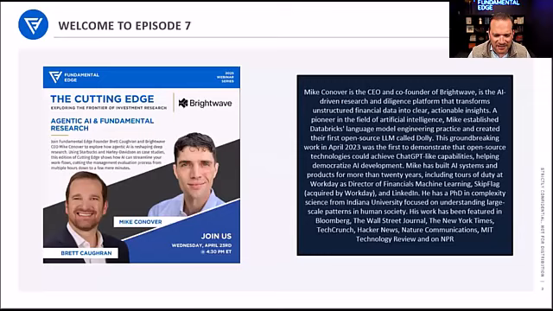I'm really excited to have Mike Conover, who's the CEO and co-founder of Brightwave today, who not only understands what a token is, but he actually built an LLM from the ground up called Dolly at Databricks, and so is very, very deep into AI and LLMs and was deep before it got cool.